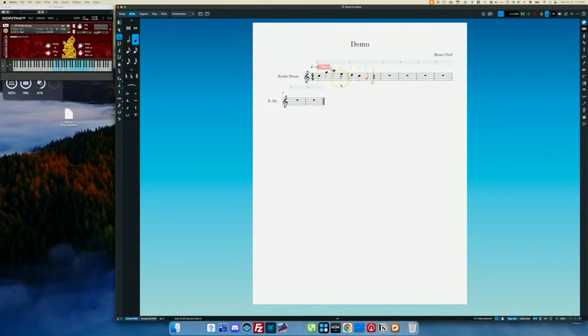Oh, I guess this is not every key is responding, so make sure that I have my melody in there. Okay, so